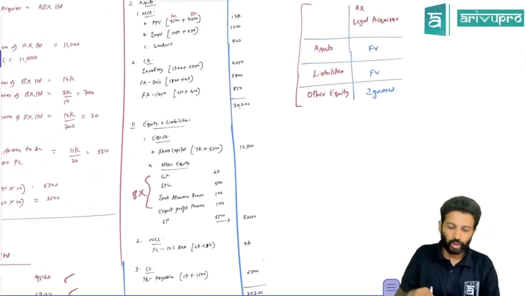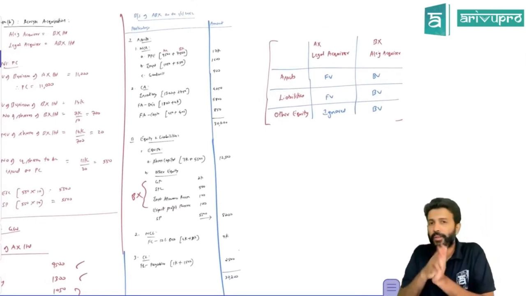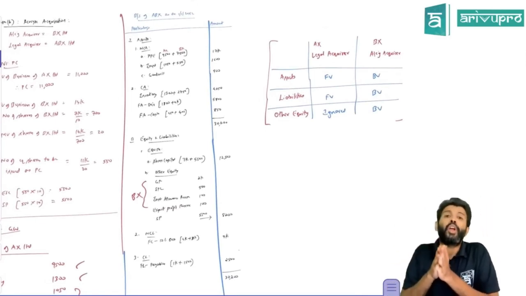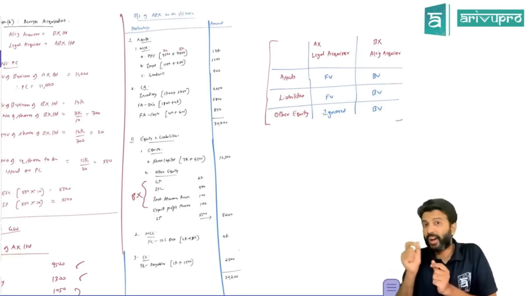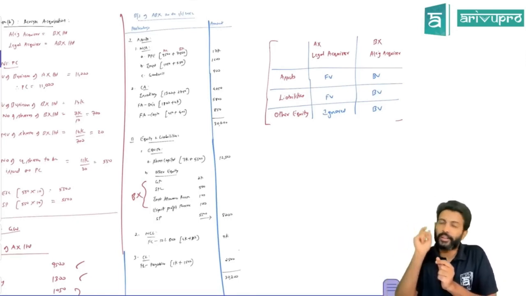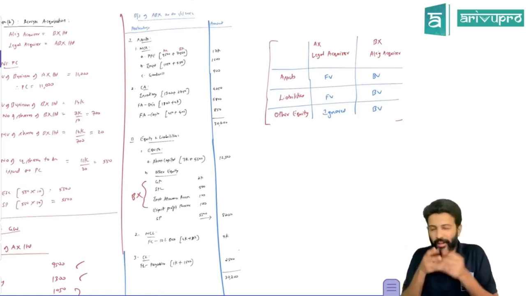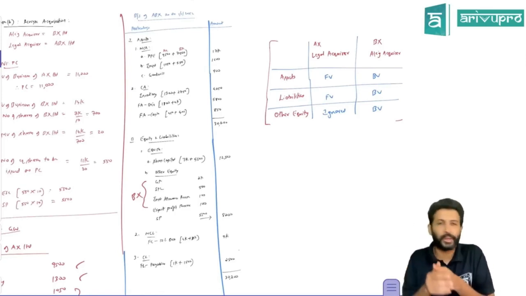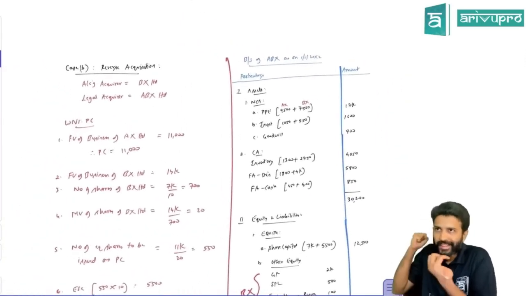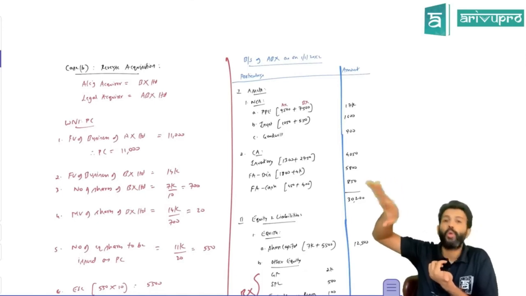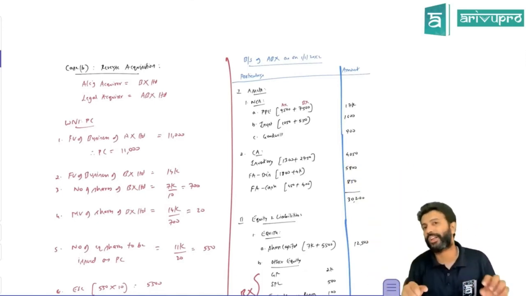That's fine. So overall, if you have to repeat it, just to be sure, what is this over here? When you're in a reverse acquisition, what you have to do is, if they don't give the PC, check if the real acquiree, not acquirer, real acquiree, have they given the fair value of their business? So here the real acquiree or real seller was AX Limited. Did you know the fair value of them? Yes, it was given, I think, to be 11,000, right? So you'll think that the PC of 11,000 will be given. Who's the real acquirer? BX. So you have to think that BX will give PC to AX to the extent of 11,000.